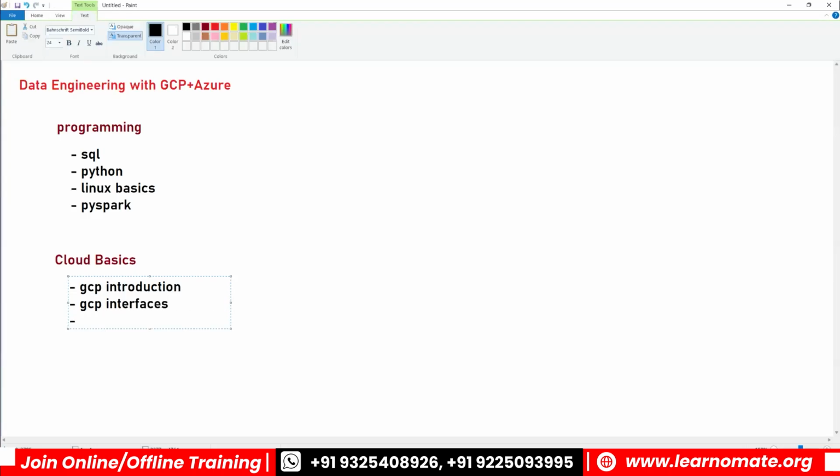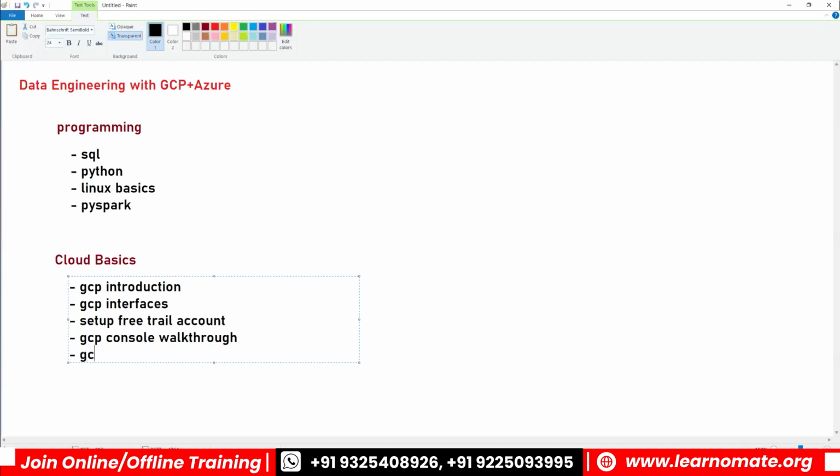Interfaces, and the GCP console walkthrough. We are going to see the GCP console walkthrough. And here I'll tell you how to set up a free trial account. So you don't have to worry about where we have to practice. We are going to see how to set up a free trial account in GCP and Azure, so that you can use those trial accounts for doing all the projects, assignments, case studies,